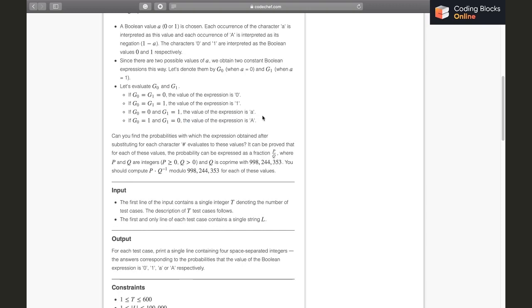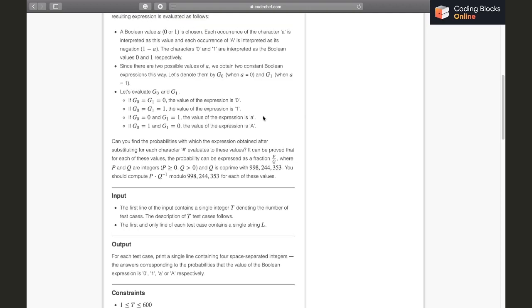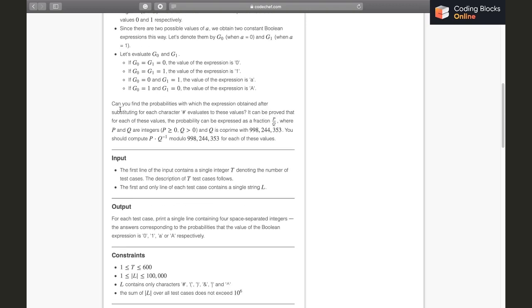In simple terms, just take 0, 1, small a and capital A as different entities, and see what is the final value of the expression. Can you find the probabilities with which the expression obtained after substituting for each hash evaluates to these values?